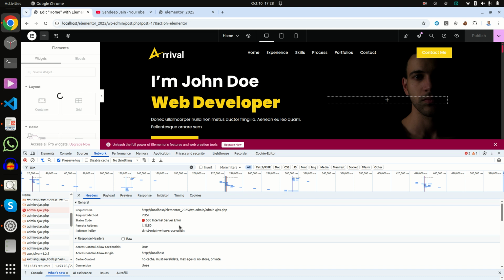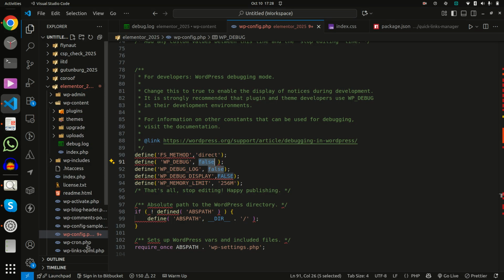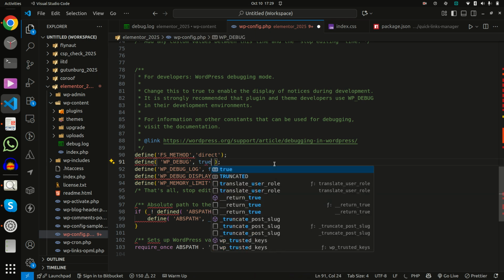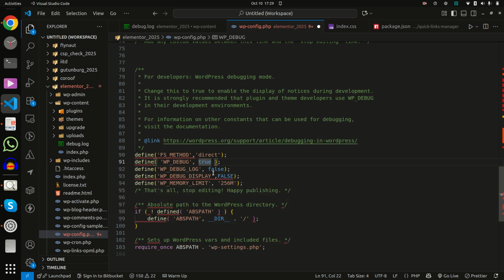For that, first go to the wp-config file, which is on the root folder. Just click on wp-config.php, and inside that enable WP_DEBUG as true and WP_DEBUG_LOG as true.